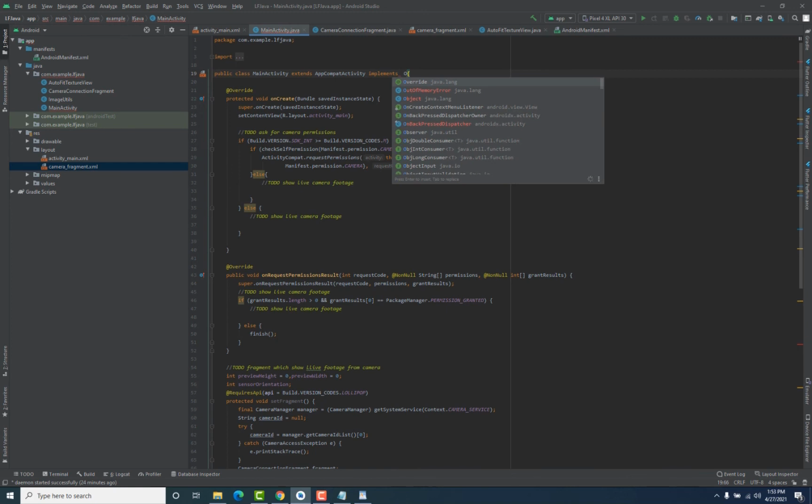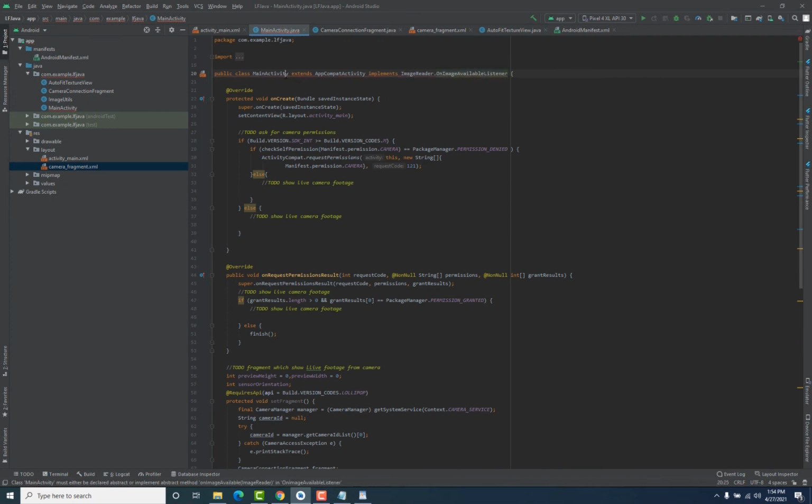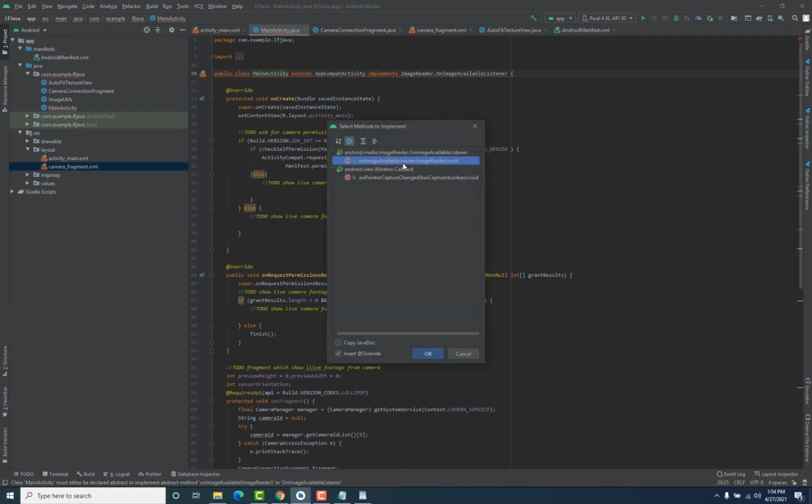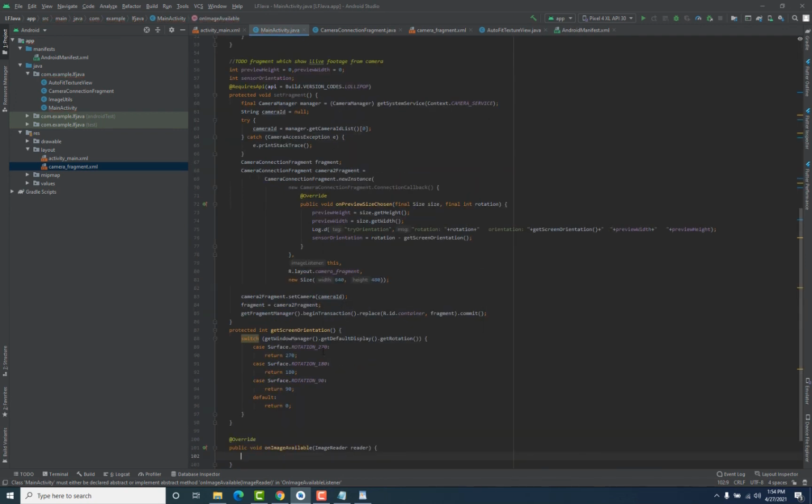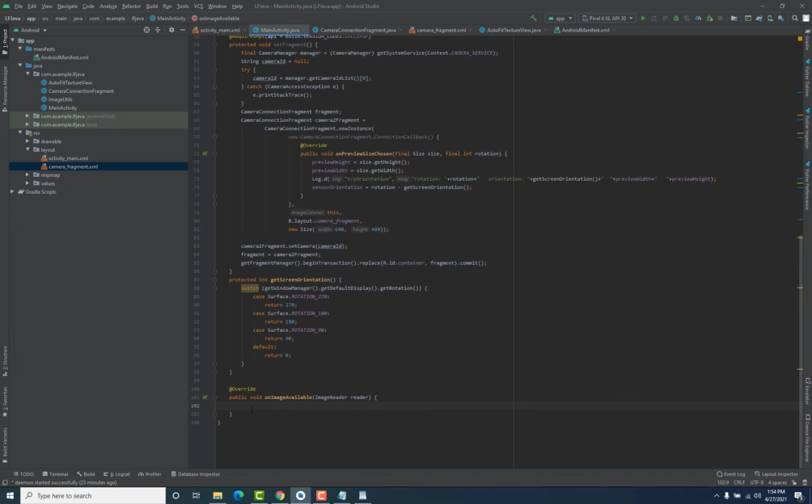So when I type this, on image, you will see a suggestion, OnImageAvailableListener, so just click on it, and then we need to implement its method onImageAvailable, so just click on it, and now this method will be added. So now inside this method we can get the frames of live camera footage. For each frame of live camera footage this method will be called, and we can get that particular frame here, and then we will convert this frame into a bitmap format and then we will pass it to our